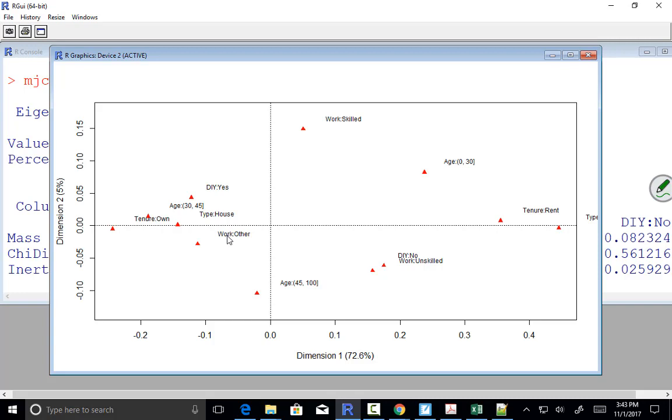Skilled, I think, might be like a trade type specialization, like plumbing or electrician. Unskilled might be like flipping burgers or mowing lawns. And other, I bet, is like white-collar professionals. So this little grouping of triangles suggests that a big source of the structure of our categorical variables is that these tend to happen together,